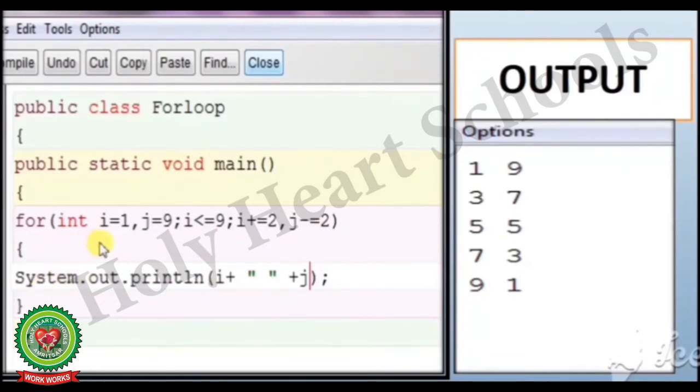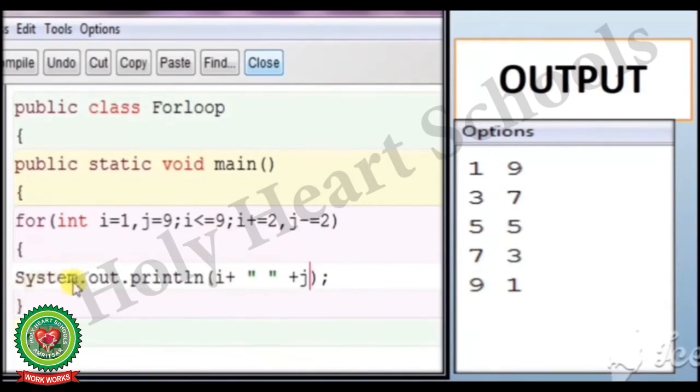See, in this program, two initializations, that is I = 1 and j = 9, are used. Both initializations will be executed at the start of the for loop. However, the for loop contains only one control variable, that is I, for iterations, as that is the only variable used in the test condition.